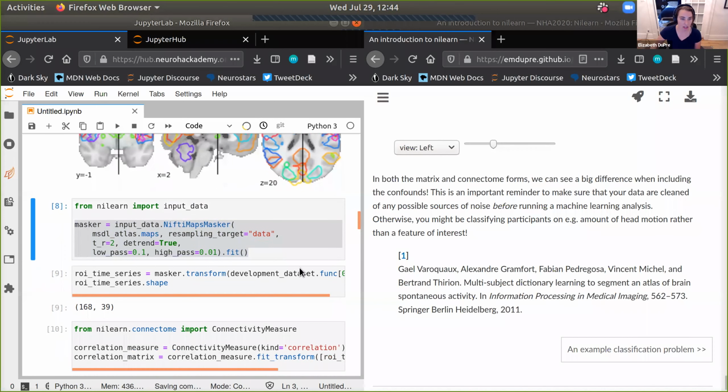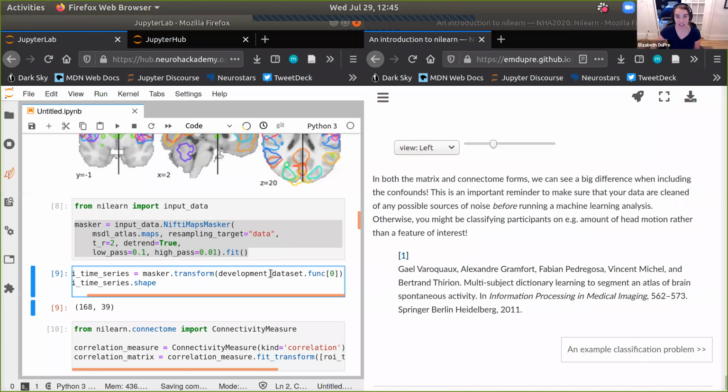But then when I go to call it, in this case I just call it without confounds, but later on I call it with confounds. In either case, it's just taking the existing masker object and transforming the data that we supply to it. So I don't need to restate exactly the ROIs I want to use or all these other parameters of interest. I can just supply the data and it will know to do all of this, and in the case of the second call, also to correct for the confounds. But yeah, that's a great question. We're keeping all of this and now we're adding in confounds.